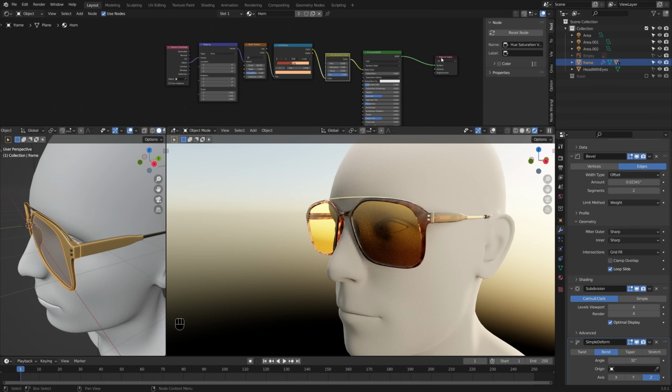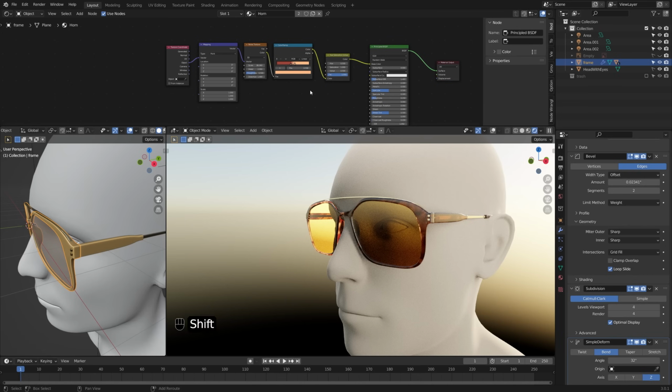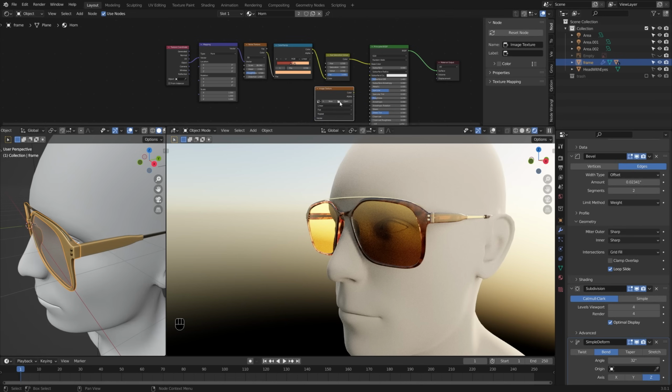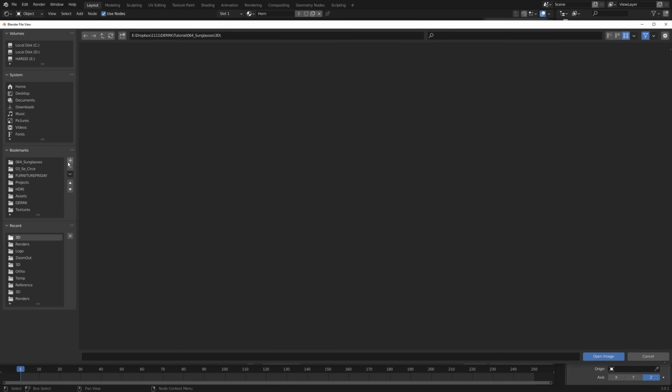I'm going to do it right into this horn material. So I want to add in another texture. So let's make that an image texture. And then I'll navigate to where I have my Dirk